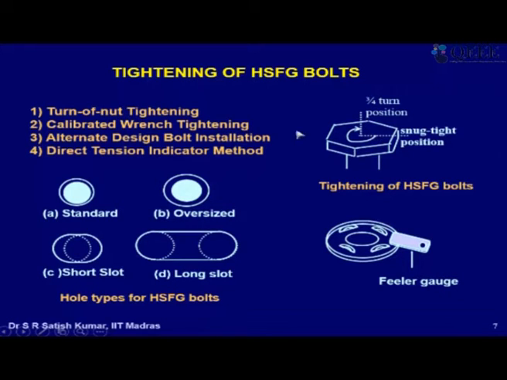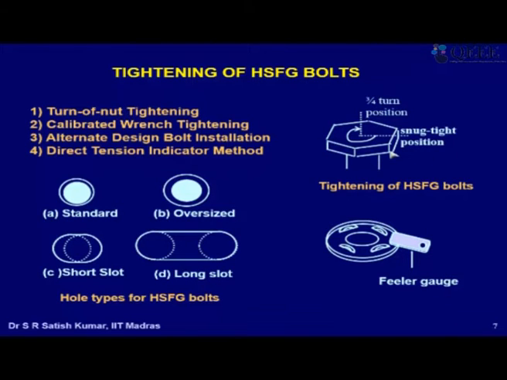So one possibility is something called the turn of the nut tightening method. After my bolt or nut becomes snug tight, let's say I take a chalk piece and mark the nut with the plate. So I have a mark which shows that these two are matching, right? Now I am going to further tighten the nut by 270 degrees, 3/4 of a turn. So I know how much I should rotate, or if I put a spanner, I am going to rotate my spanner by 270 degrees. So that will ensure that I have tightened this nut and bolt to its required pretension, right? We'll see what the required pretension is in the next slide, but that will develop the